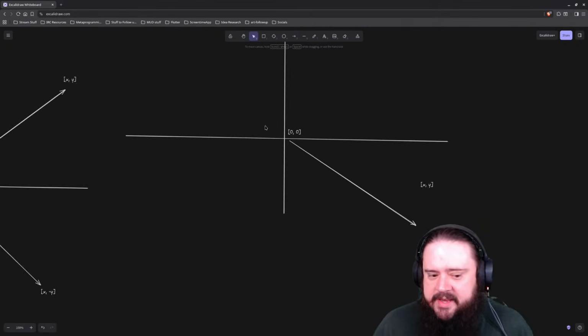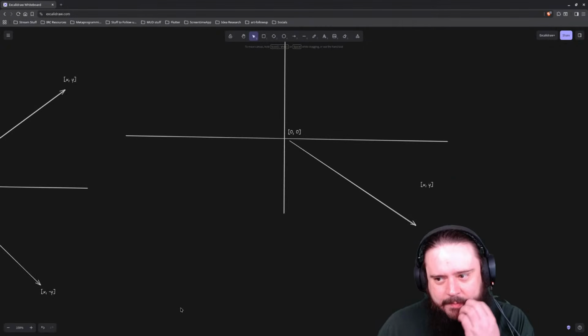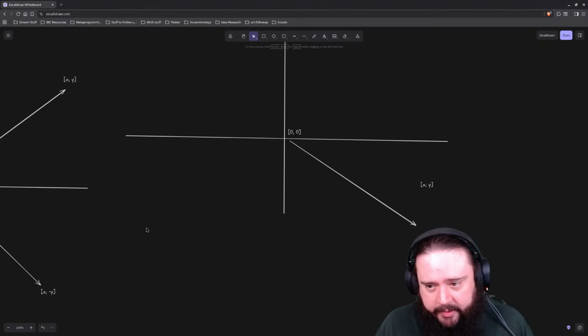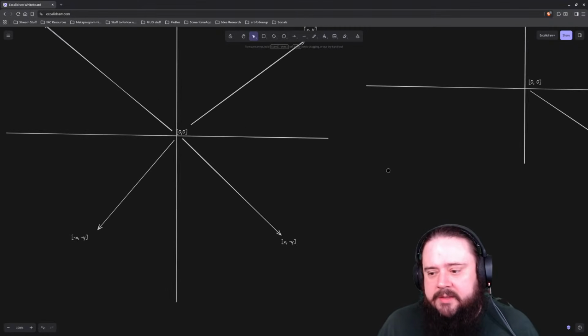This is the easier way to look at it, to lay it out as a starting point. But then I don't really get the